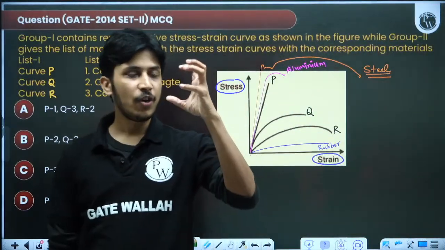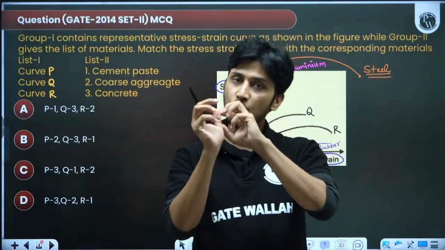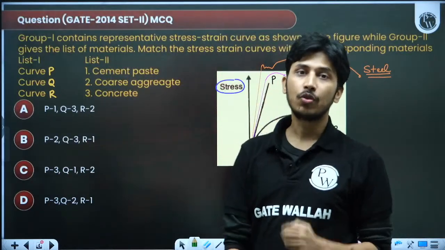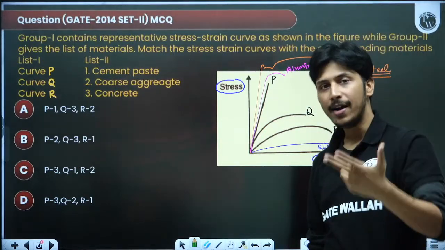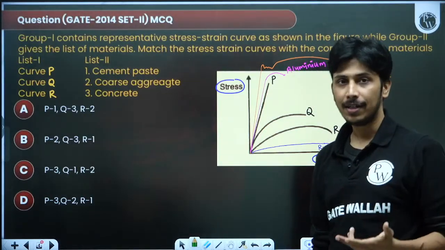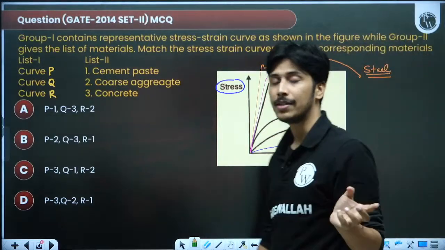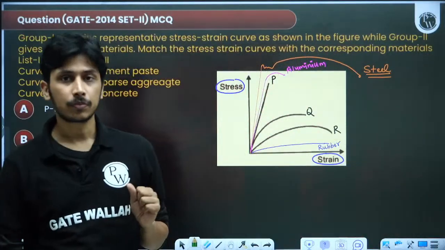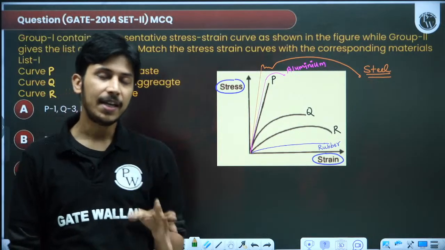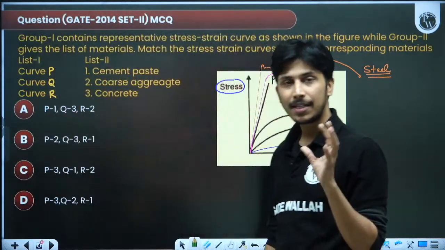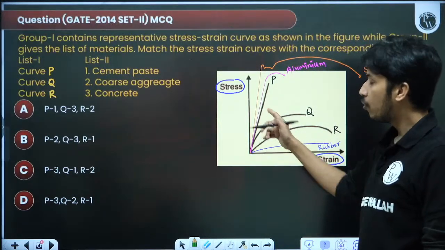If you are rubbing steel with the stone, the stone will have scratches. So stone is less hard than steel. Steel has two properties. Steel is also hard. Steel is also tough. Okay, so steel has both properties, hardness and toughness. Generally, if a material is hard, and I am saying generally because there are always exceptions, it will have more slope.